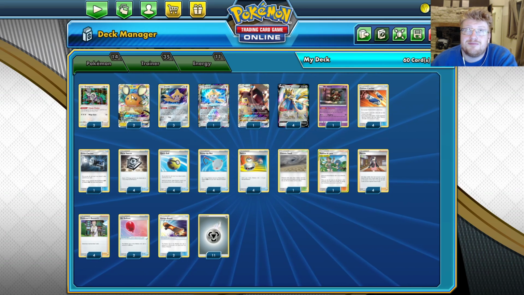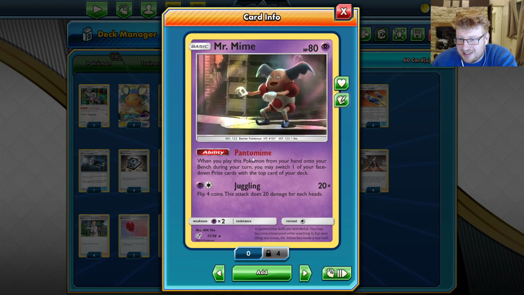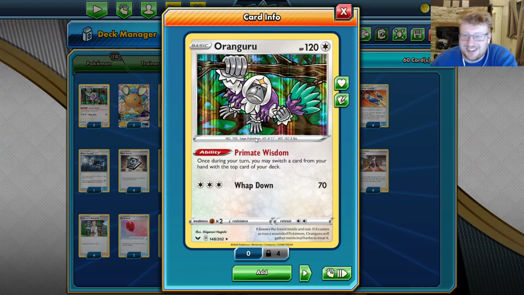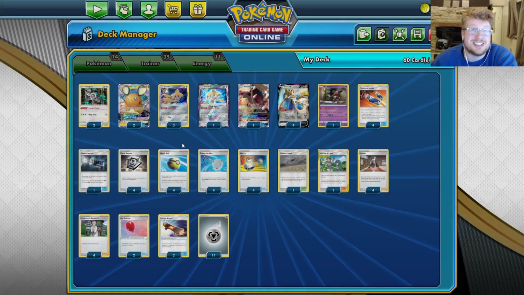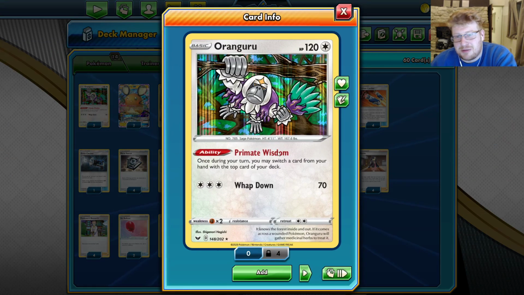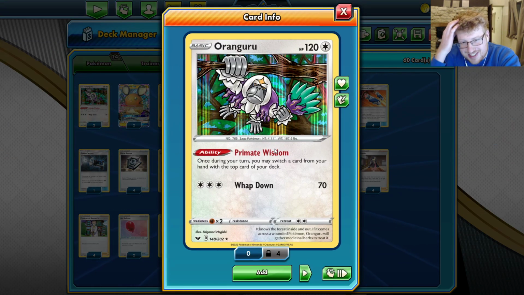Oh, sorry, no, you don't. You have Jirachi in your hand, then you use Primate Wisdom to put Jirachi to the top of the deck, and then you put down your Mr. Mime. That's the combo. So Oranguru we've seen in plenty of other ADP lists just in general,